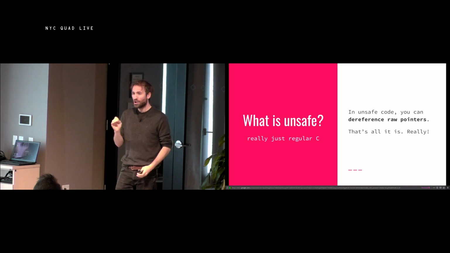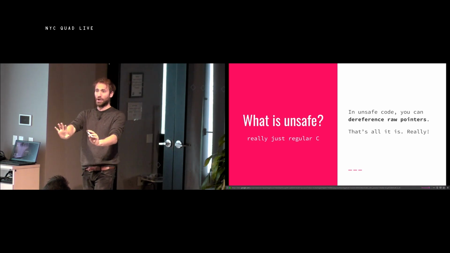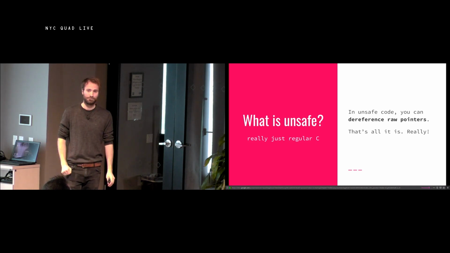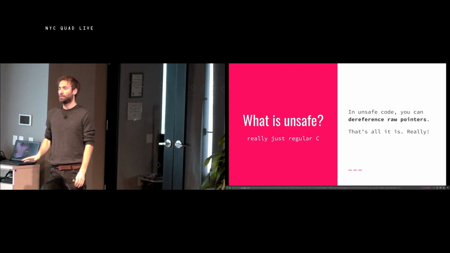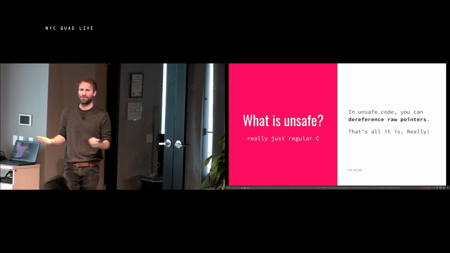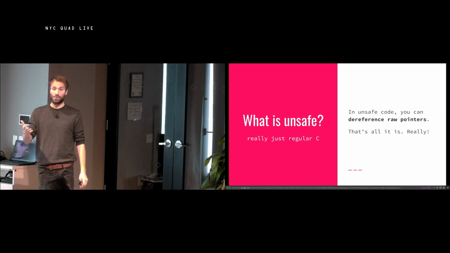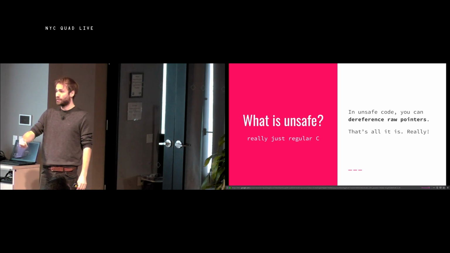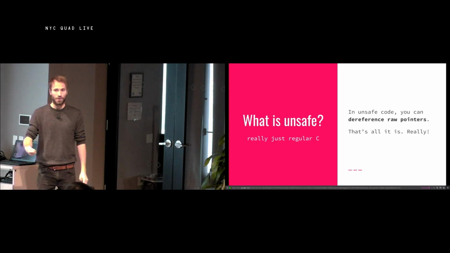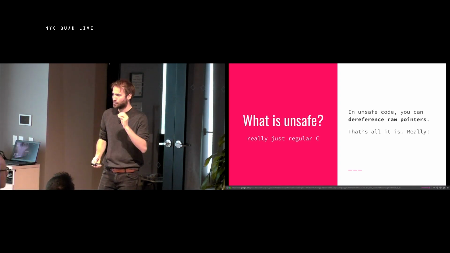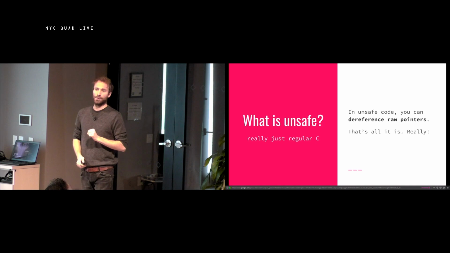In fact, basically everything that unsafe lets you do is it gives you the ability to dereference a raw pointer. Nothing more, nothing less. Which from C-land seems obvious. Of course I can dereference raw pointers. In Rust, you cannot. It is not okay to dereference a raw pointer. You can dereference references because they have a certain contract associated with them. But a raw pointer, dereferencing it, who knows how many other people have that same raw pointer? It is not okay. But unsafe lets you do it.